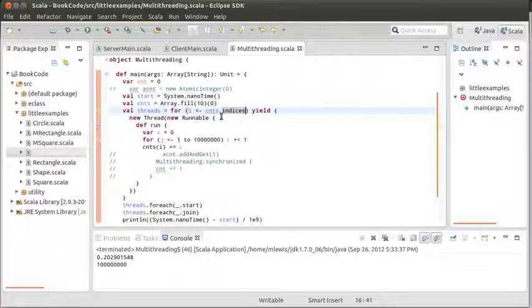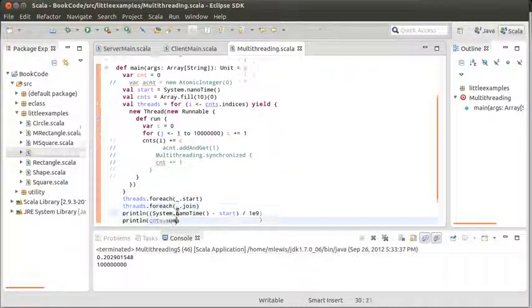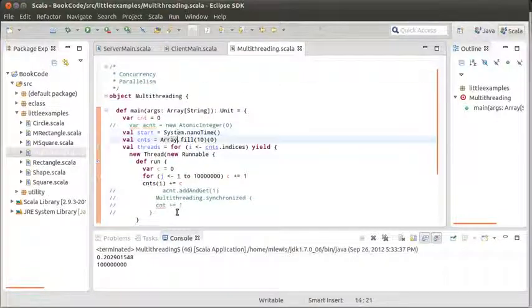So the appropriate way to do this is to make it so that the threads don't all have contention for a single count. And in fact, there are other ways that we could do this that are more Scala-like. We're still playing with the Java libraries. By the end of this chapter, I'll show you kind of how we can take this code even further and do this same operation in a way that's very simple and that has a Scala flavor to it. But at least here you can see that by keeping separate bins for each thread and making each thread work kind of on its own locally, and then here adding the bins, even if I didn't have the bins, okay, so just